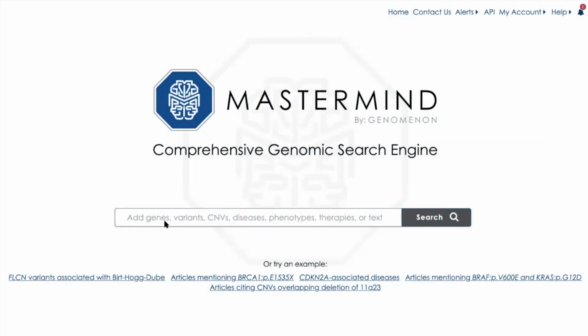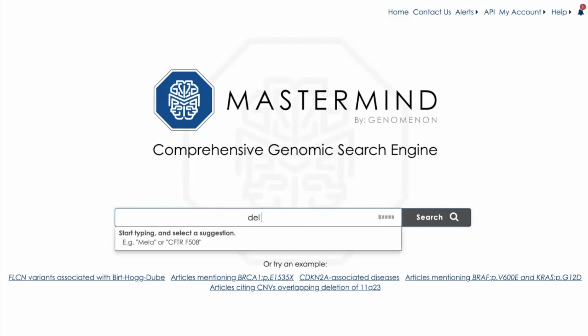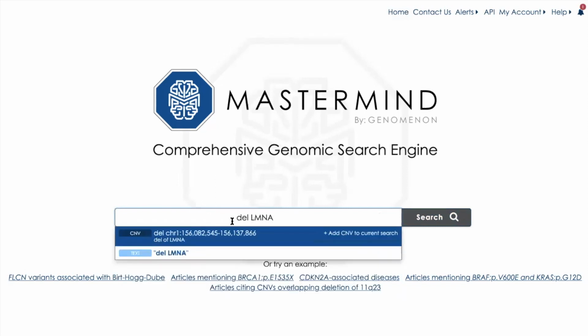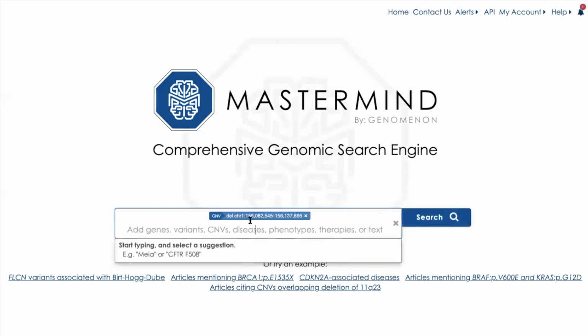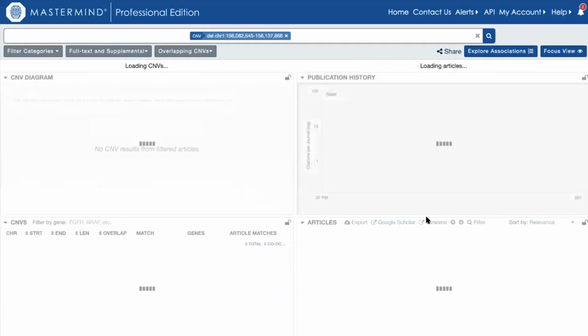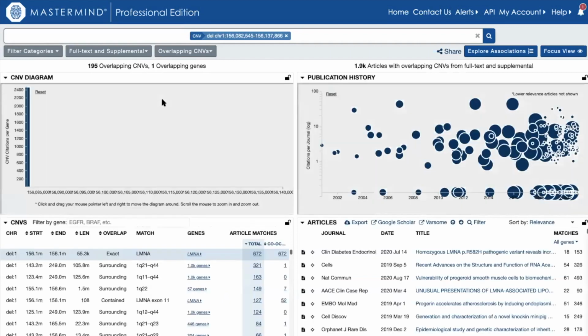In this example, I'll show you how to look for deletions within a gene and organize them by the order of exons. So for this example, I'll look at LMNA. When I type in DEL, that will indicate to Mastermind that I want to explore deletions within the LMNA gene. You see that the genomic coordinates for the gene are populated by Mastermind. Then I'll just complete my search and I will see in the output both the exact matches and overlapping CNV